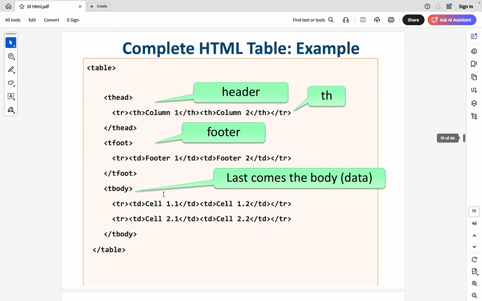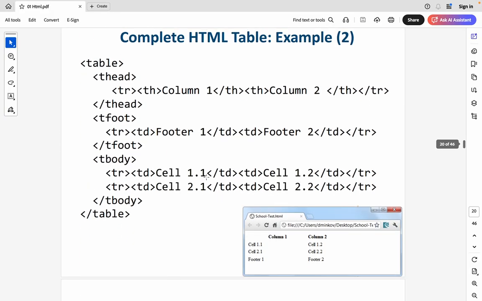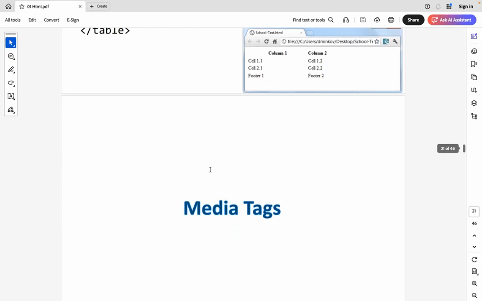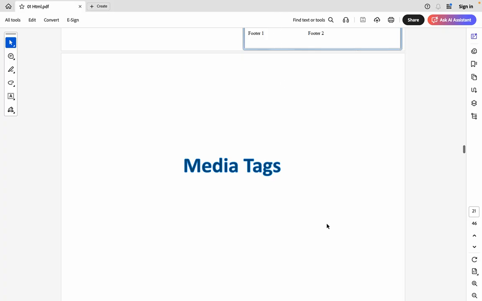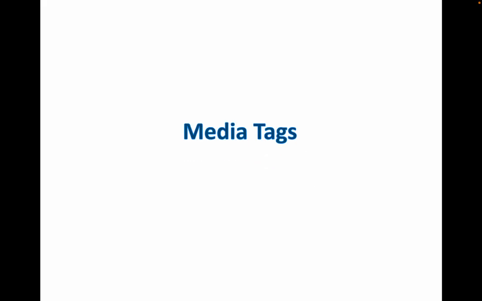All right, so this is the example that I showed, and I think we can move on. And this is again the example that we have seen. HTML files with media files like images, audio files, and even video. So our pages will be actually much more